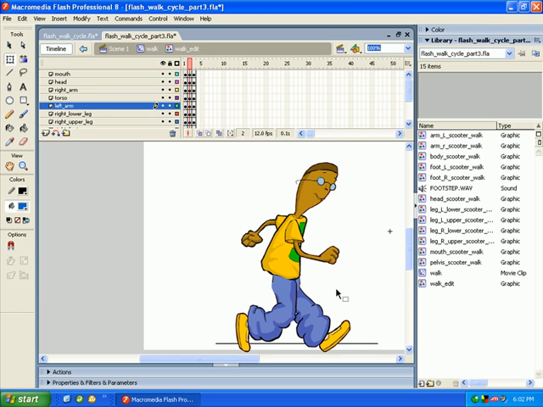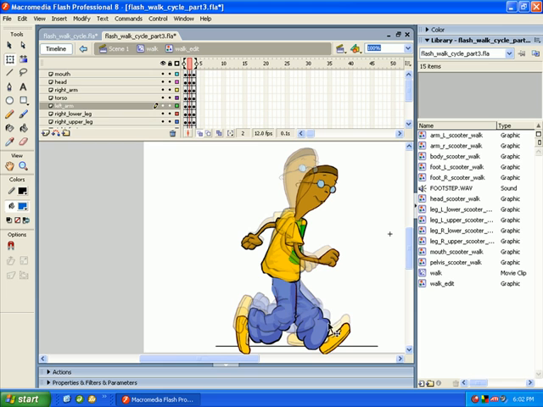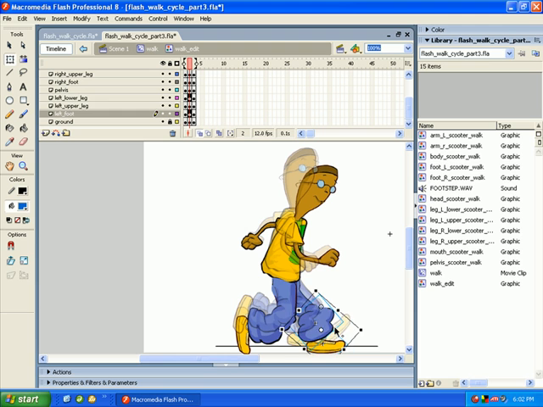Okay, now we're going to work on the legs, and like I said before, this is by far the trickiest part. So I'm kind of doing a combination of things here. I'm actually checking my cheat sheet animation, but I'm also